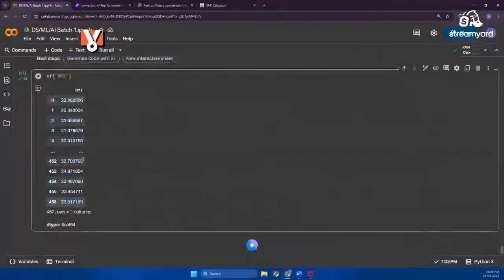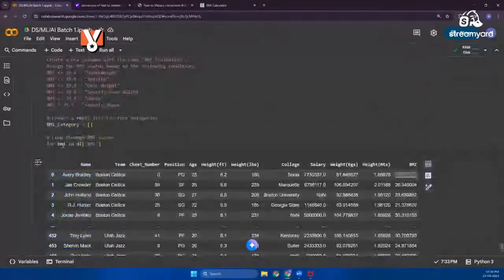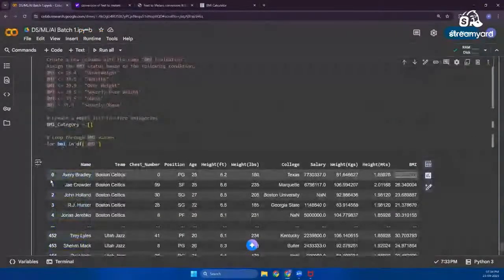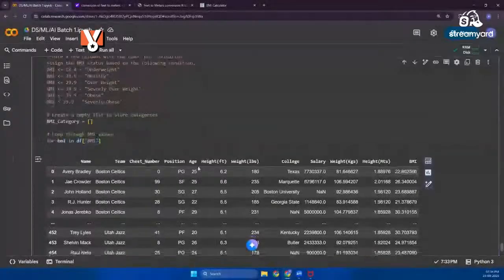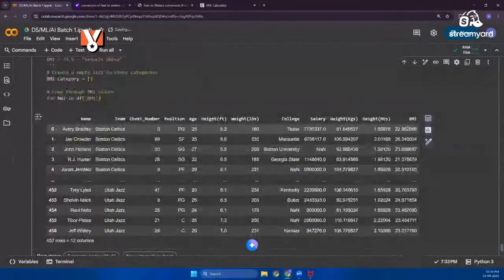Now from these BMI values, I just want the first row. Yes or no? For the time being, I just want the first row. So you are writing a for loop. That means this BMI is in the 0th row initially. Whatever 0th value or 0th row is there, from the 0th row it is extracting df of BMI. So it is basically extracting this 22.86. Okay, so once it has been extracted,